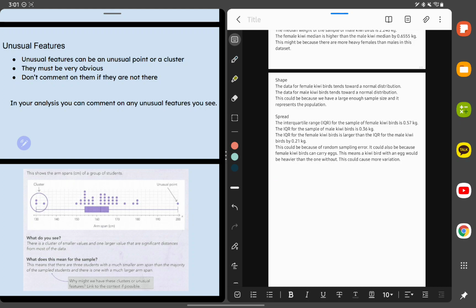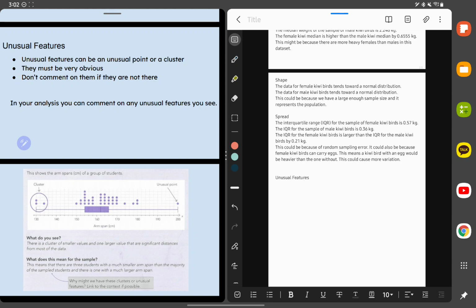That'd be great. You don't have to write unusual features. That doesn't mean more marks or anything like that. It just means if there were unusual features, you'll talk about it, and that's correct. If there aren't unusual features, you don't talk about it, and that's correct. But since we are just doing an example here,